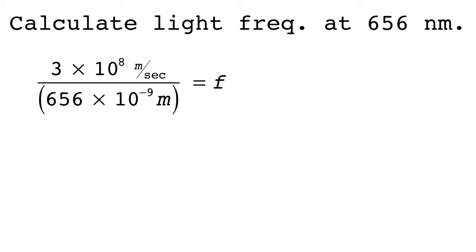C over lambda equals frequency. So there's my numerator, 3 times 10 to the 8 meters per second. Good. And notice that I'm kind of cheating with my scientific notation. That should be 6.56 times 10 to some power. But since I'm lazy and since my calculator can handle it, I can type it in as 656 times 10 to the minus 9. Or, if I'm really lazy, I could cancel meters here. And this per second in the numerator doesn't cancel, so it persists. And that's going to be my hertz for my frequency. So that's good.